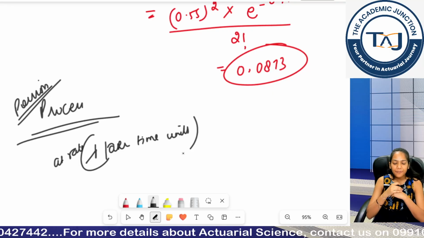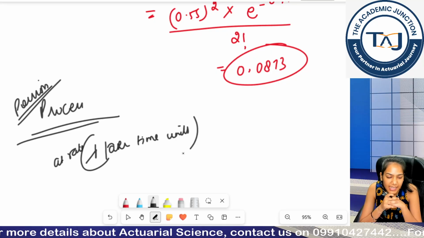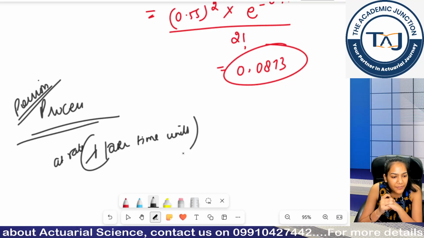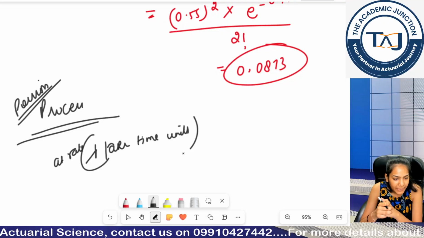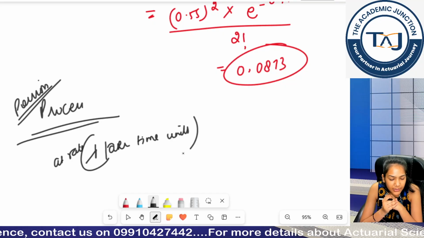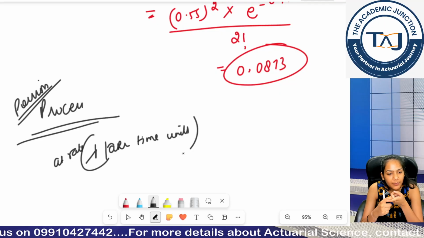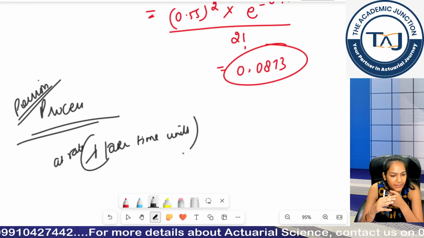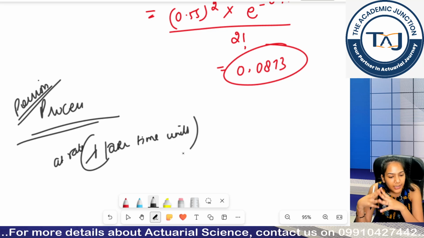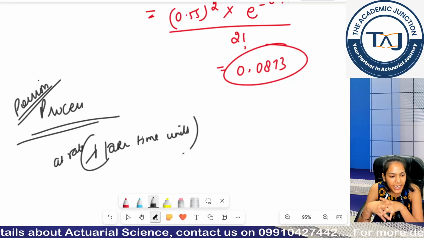For example, if I say these are distributed randomly, I can say I am getting 3 calls in 3 days. So on average, how many calls am I getting per day? I am getting 1 call. How did you decide? You divide by 3, right? Or I say if I am getting 1 call per day, how many calls on average will I be getting in 3 days? You will be multiplying 1 into 3. So this is basically called a Poisson process with rate lambda.